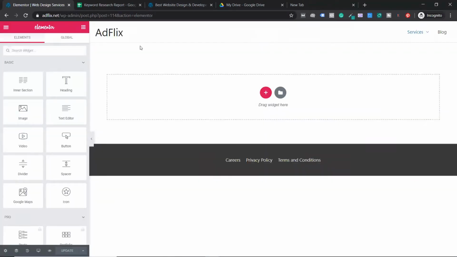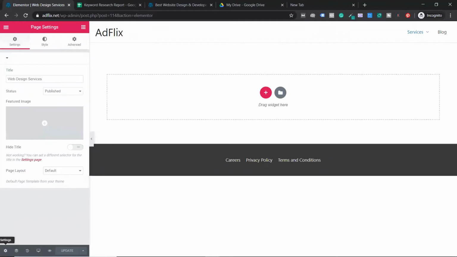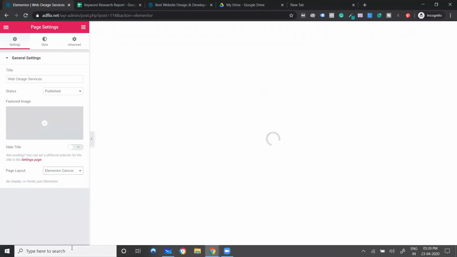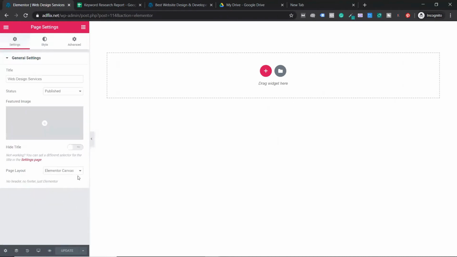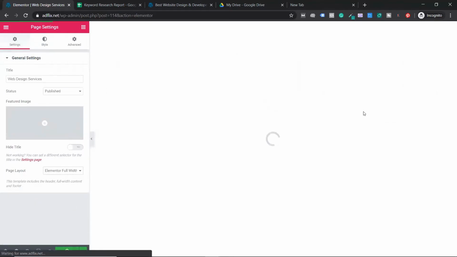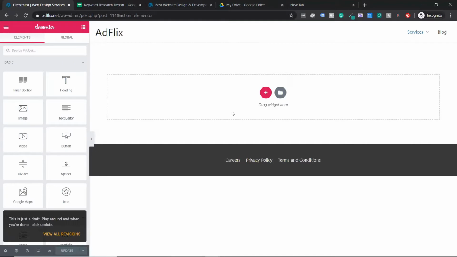But when you are doing this, again, guys, step number one, click on the settings icon in Elementor. Here you have to choose Elementor Canvas. That is what you use for building pages, and Elementor full width for building landing pages. So I think I made a mistake. Not Canvas, Elementor full width, guys. Make sure you choose that and click update, and the header and footer section will be there, and this is the empty box.